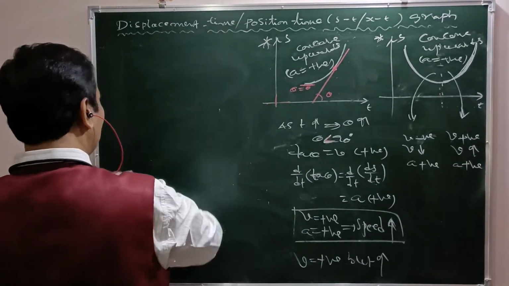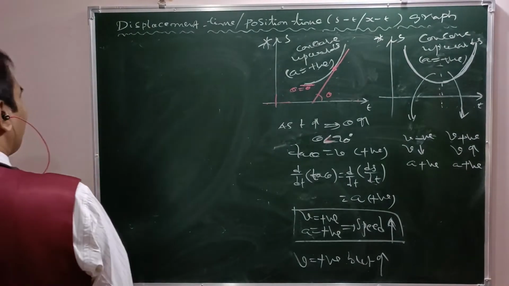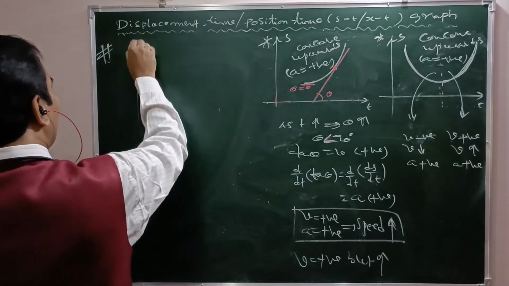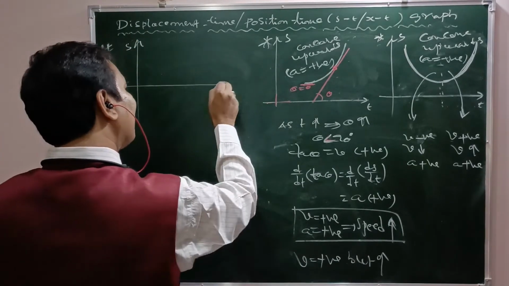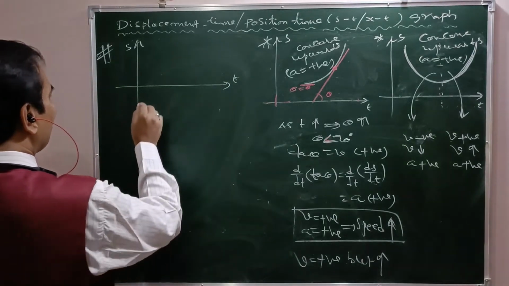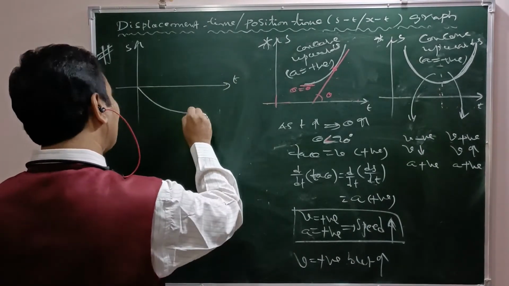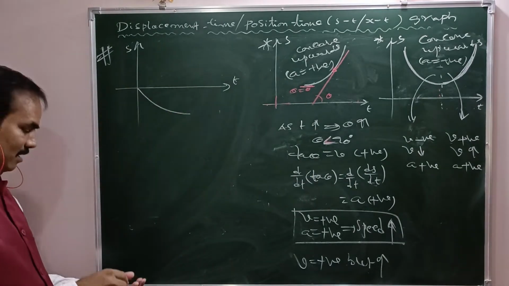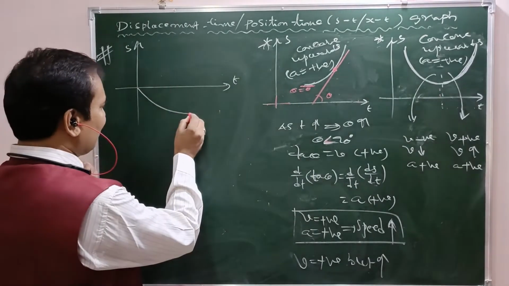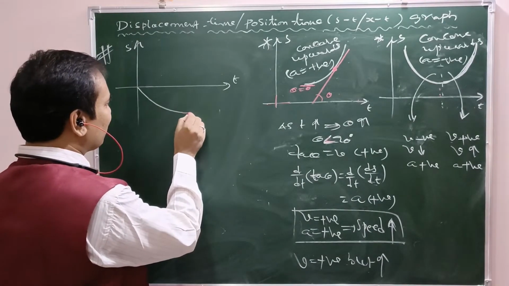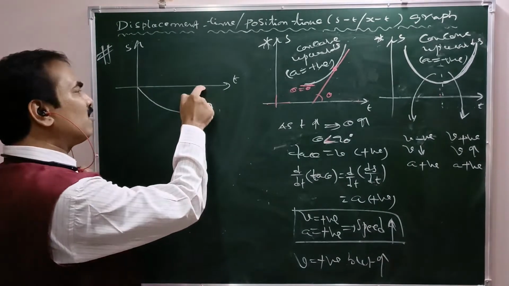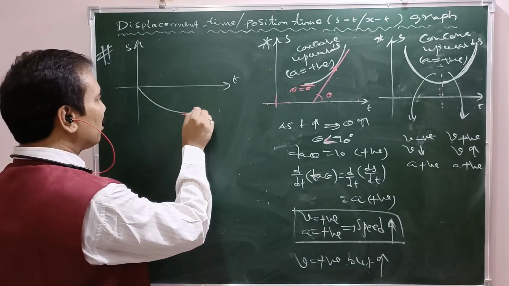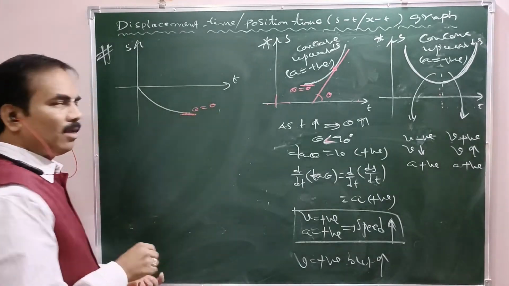Illustrations. First one, suppose in one example, S versus time is like that. See, this is the graph. Variation of displacement versus time is like this. Suppose this is the end position of the graph. If I draw one tangent that comes parallel to the time axis, means theta here is 0. Here theta is 0. Right?